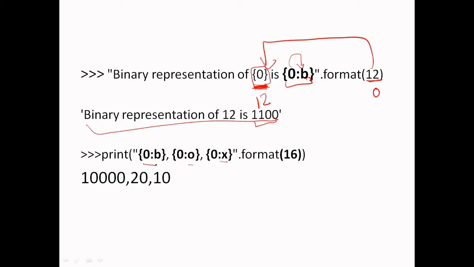So we can write 0 colon b, 0 colon o, 0 colon x. Basically 16 is converted to the binary value in the first case, to an octal value in this case, and to a hexadecimal value in this case.